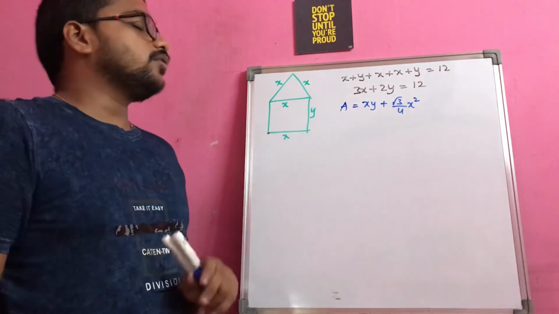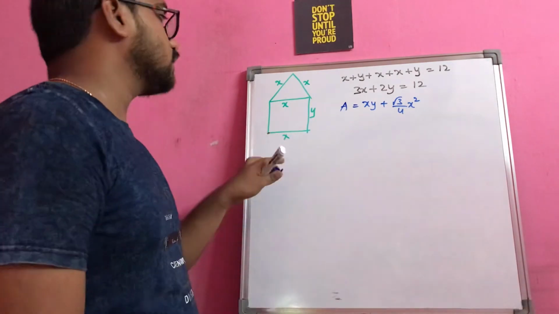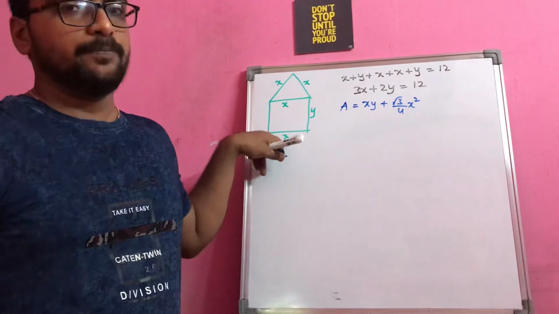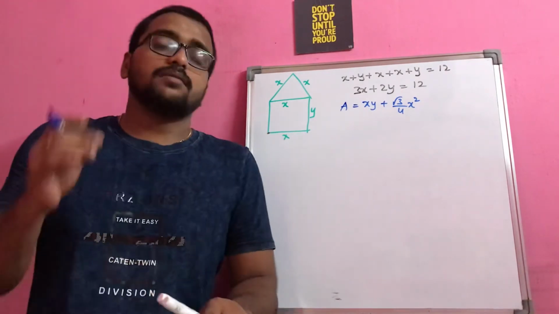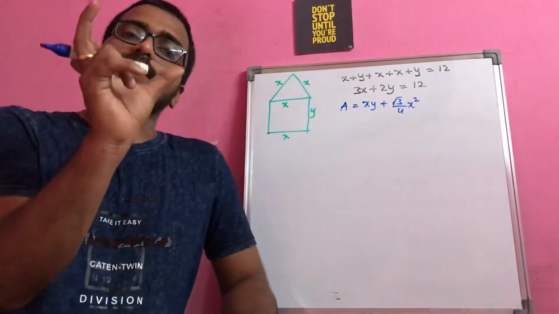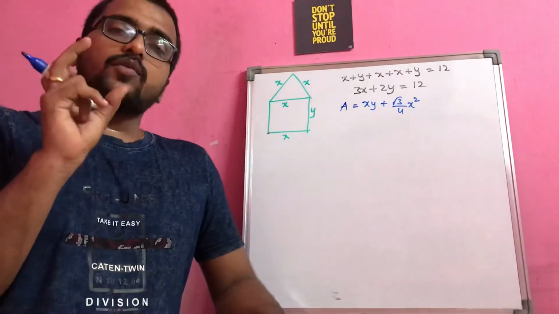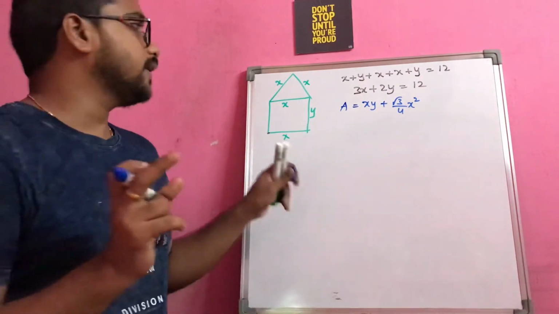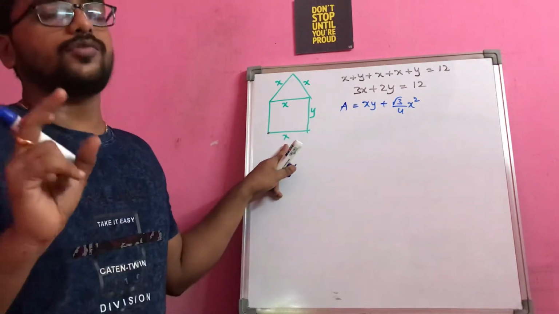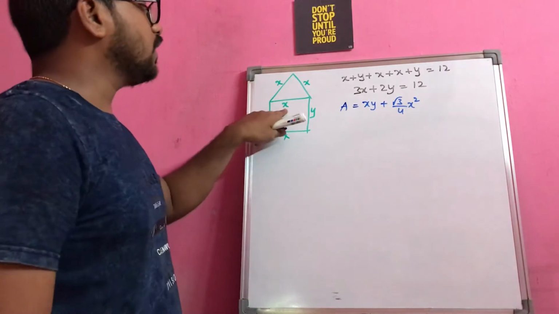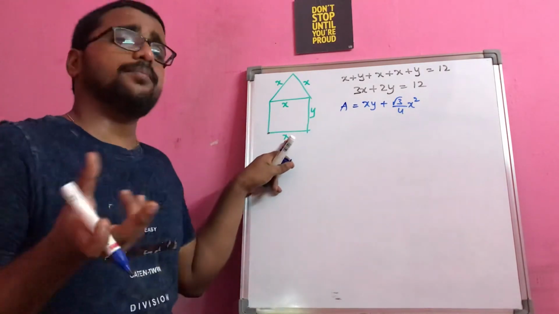So see, I told you in the previous question I took this as 2x, but here I am taking it as x, because in the semicircle, as I explained, the base is nothing but the diameter, which is 2 times the radius. Just to avoid the fraction component, I took it as a multiple of 2 so that it will be easy for me to calculate. But here if you see, I have taken the base as x only.